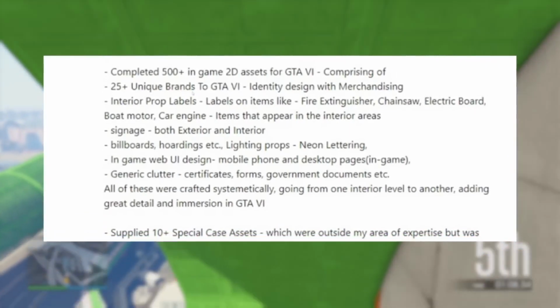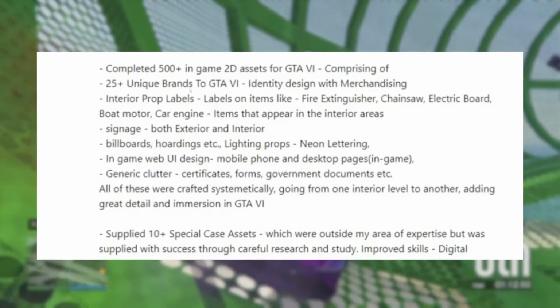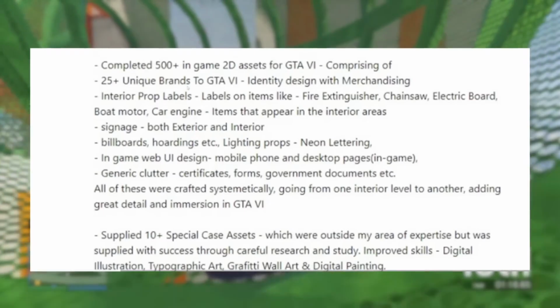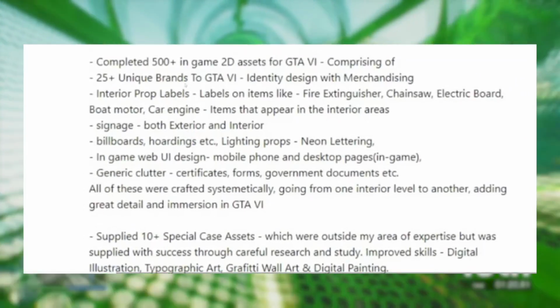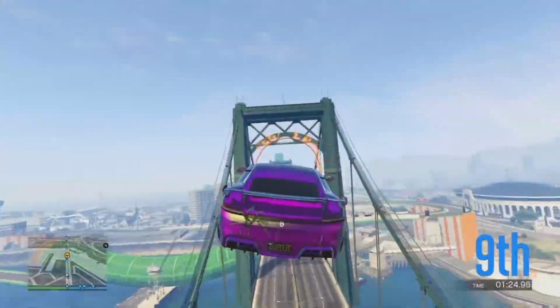All of these were crafted systematically, going from one interior level to another, adding great detail and immersion in GTA 6. He also goes on to say he supplied 10 plus special case assets which were outside my area of expertise, but was supplied with success through careful research and study, improved skills of digital illustration, typographic art, graffiti wall art, and digital painting. So basically, this guy is an absolute beast, and he's basically one of the group of